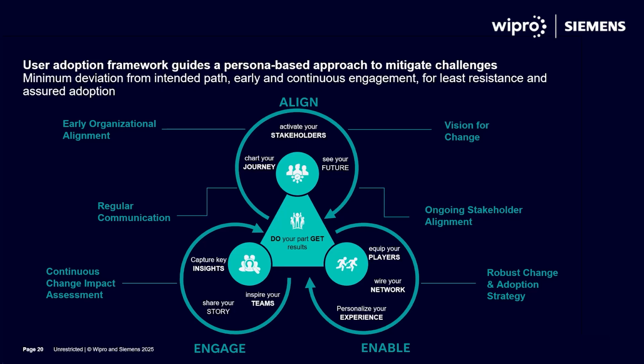Firstly, develop a vision for change and ensure early organizational alignment to new processes, policies and procedures, especially with all key stakeholders. This is where playbooks like Wipro's WIPACE and design theater approach enable early buy-in and sign off to the system in the making. The second aspect is equipping and enabling the stakeholders with whatever is needed to embrace the change.